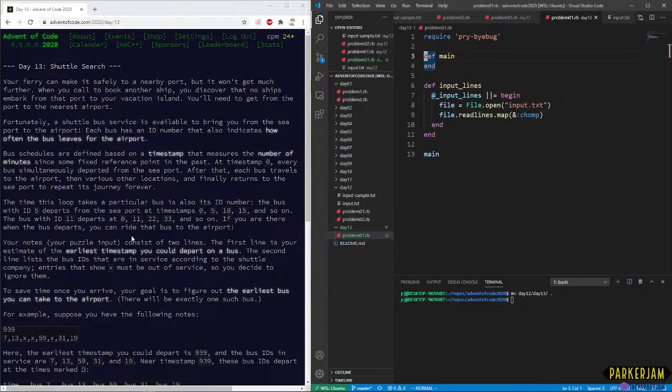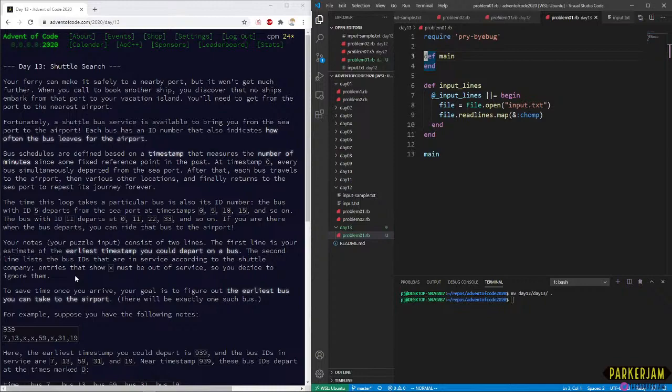Your notes, your puzzle input, consists of 2 lines. The first line is your estimate of the earliest timestamp that you could depart on a bus. The second line lists the bus IDs that are in service according to the shuttle company. Entries that show X must be out of service.